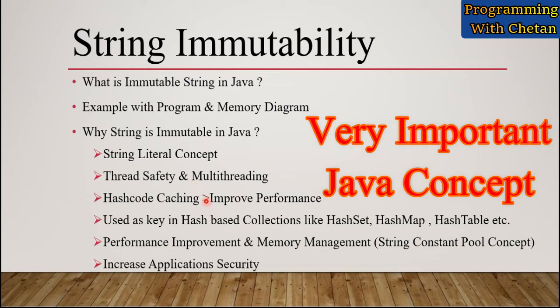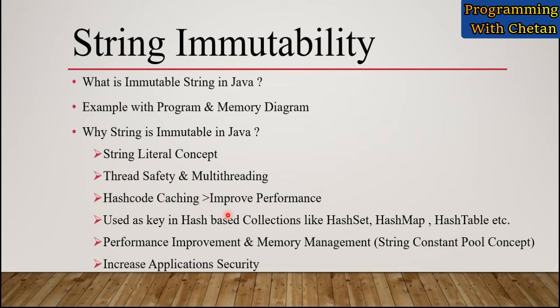So whenever we create a string object, its hash code is created and it is stored or cached. So for performing any operation in hash based frameworks, there is no need to calculate the hash code of an object again and again. It guarantees that whenever someone is updating a string object, a new object is created in memory and its hash code is calculated only once. So because of the string immutability concept, it improves the performance of all the operations we perform in hash based collection frameworks.